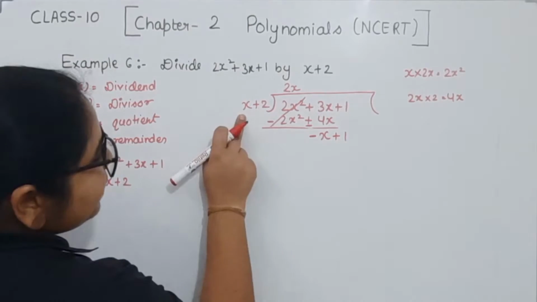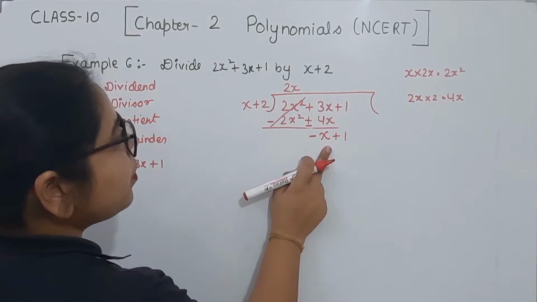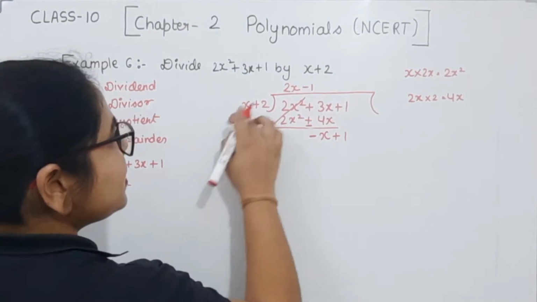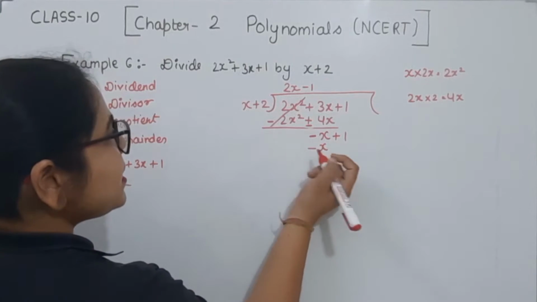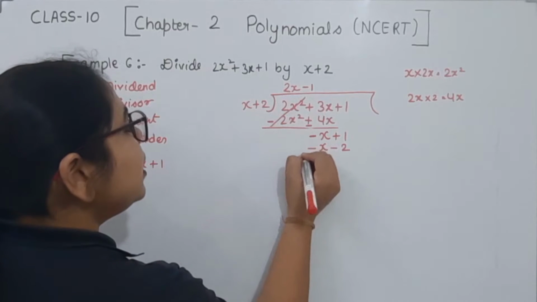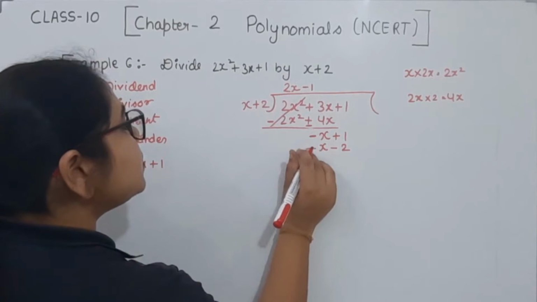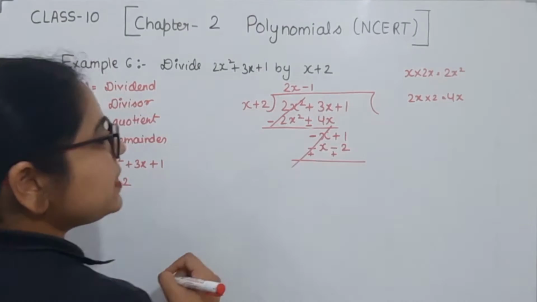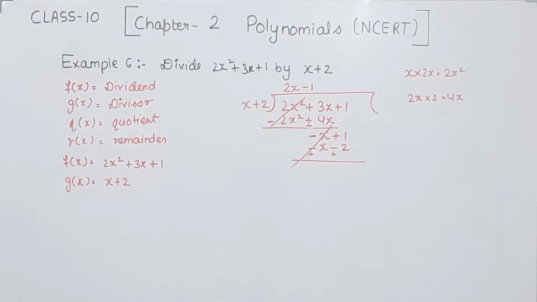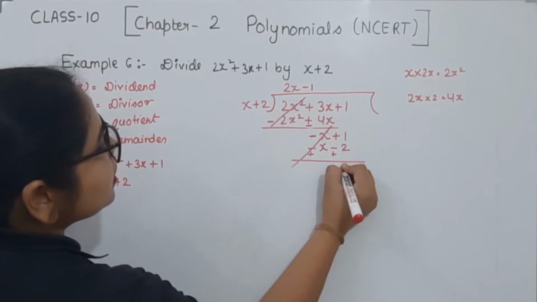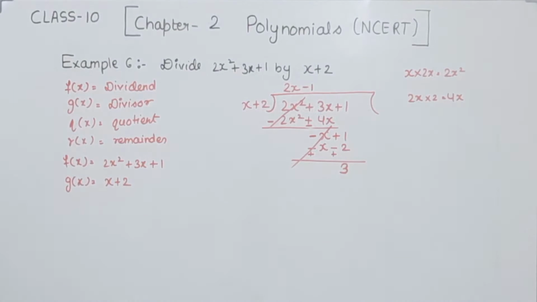Now here we are having x, and here we need minus x. So I am going to multiply this one by minus 1. So I am going to write here x multiplied by minus 1 is minus x, and 2 multiplied by minus 1 is minus 2. Now we are going to change the sign here. So this one is plus, and this one will also have plus. So this minus and minus cancelled from each other. Now we have to subtract plus 1, and this one we are having the plus. So 1 and 2 will be equal to 3. So the remainder is equal to 3.